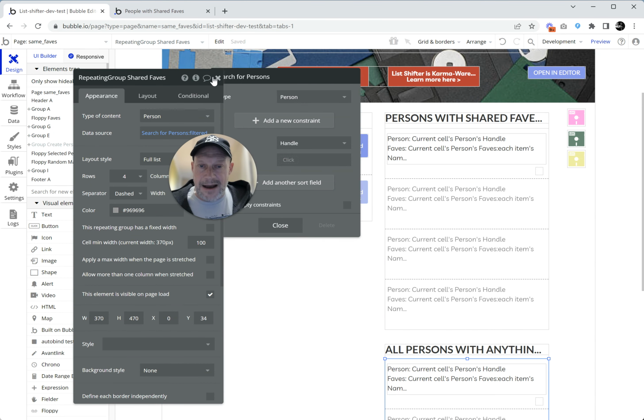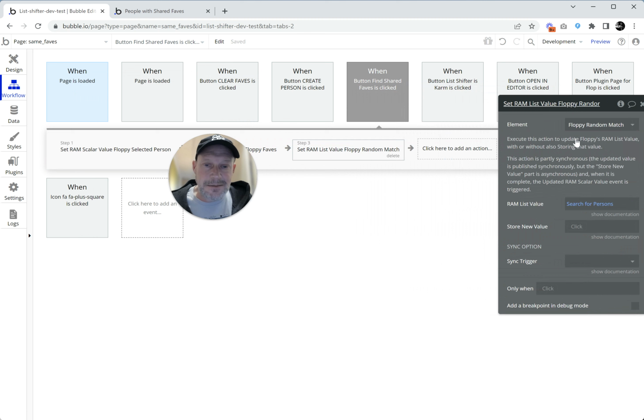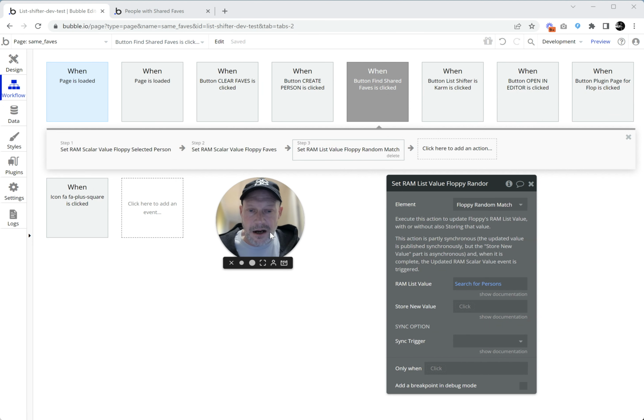So let's go back to our Find Shared Faves button. And again, this could be any event. I'm only using a button here because I want to demonstrate something, and so I'm generating an event. Like, I click this button, and now I can grab all these things and do the stuff, right? But this could be any event. It could be, for example, when the user adds some new thing to their favorites list. We might randomly go, okay, let's pick a random thing from you and see who you match at this